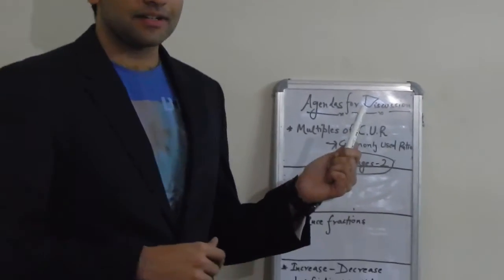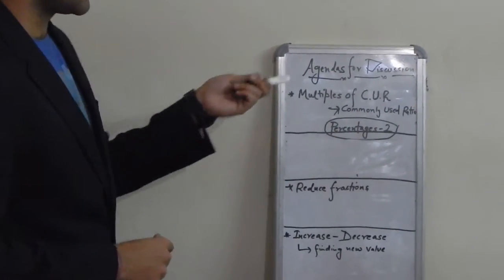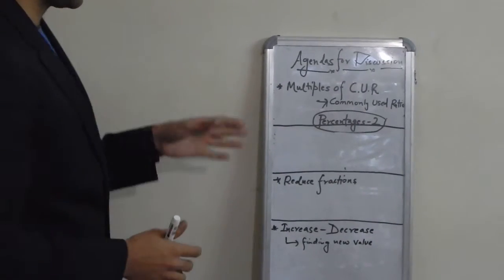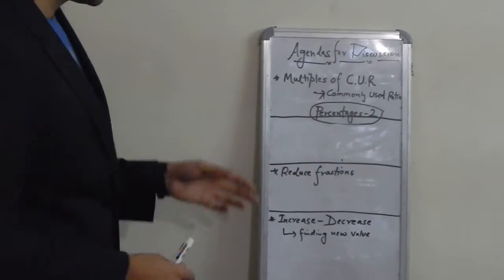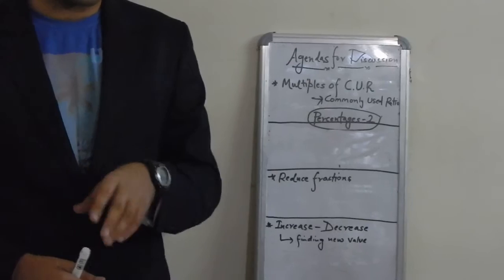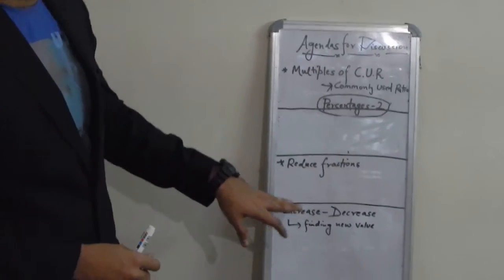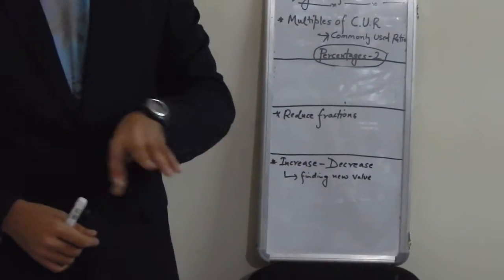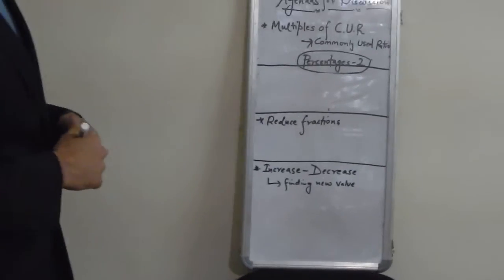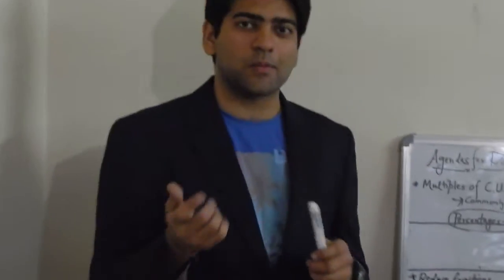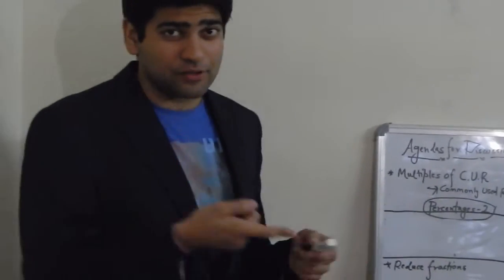So today the agenda for discussion includes multiples of commonly used ratios. Second is reducing complex fractions, which we'll see in a while. Third is increase, decrease and finding new values. So let's begin with the agenda that we left at the last class, which was the multiples of commonly used